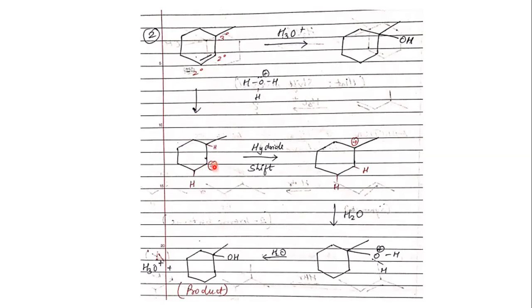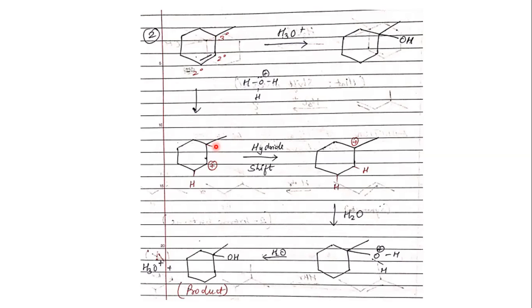Now, the positive charge is developed on a secondary carbon. There is a tertiary carbon right above it. That tertiary carbon already has a hydrogen, which is not seen in the starting compound, but it is already present. Here, if you can see, the carbon valency is 3. One fourth valency is hidden, that is nothing but hydrogen. So the hydrogen is already present. So we already know the tertiary carbocation is far more stable than the secondary carbocation.